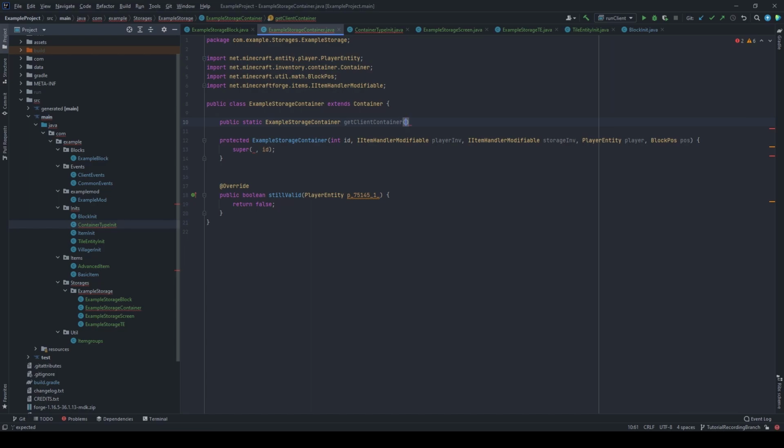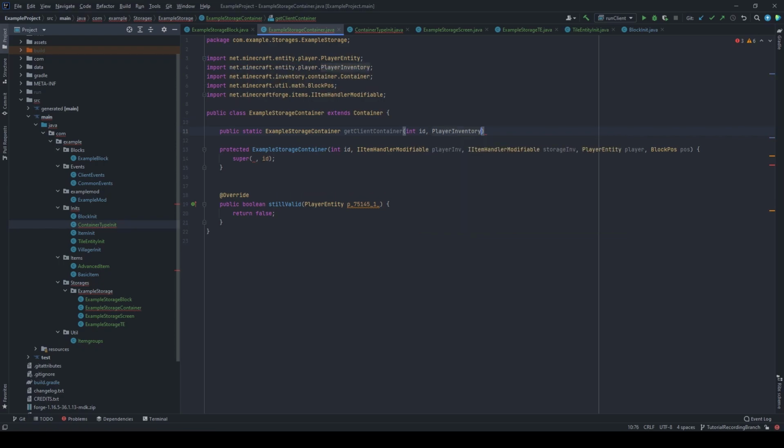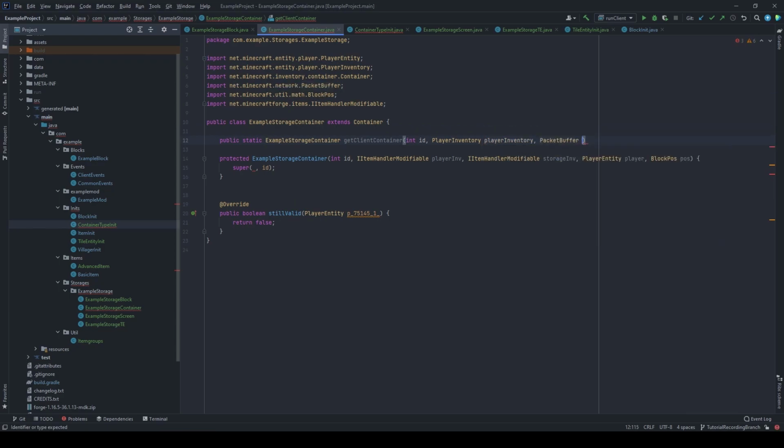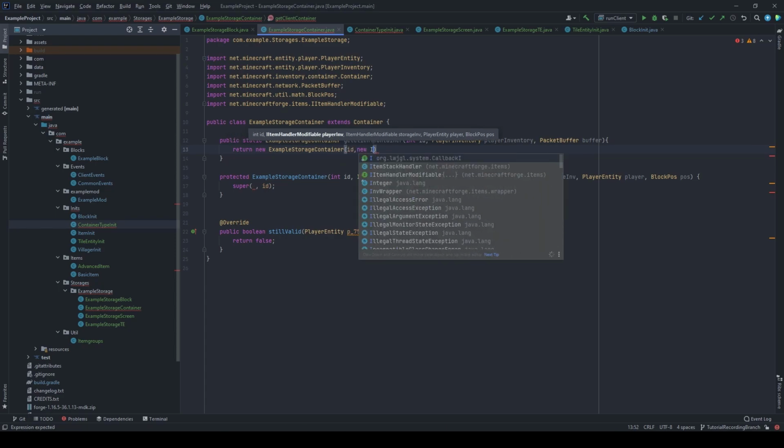The method parameters for this method will be an int, that will be the ID, a player inventory, that will be just the player inventory, and a packet buffer, that will be called buffer. And we want to return a new example storage container with the ID, new inventory wrapper of player inventory,